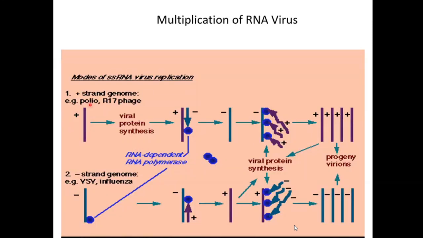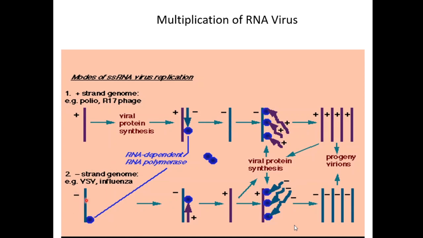Positive polarity is the same configuration as messenger RNA, and it will automatically lead to synthesis of protein, which is mostly enzyme, and this enzyme will allow synthesis of the negative strand, and from this negative strand, positive strands. They are complementary to the negative strand, not to this one. So it has to go through this, and it has to first get this enzyme, which is an important enzyme for replication. Whereas negative polarity